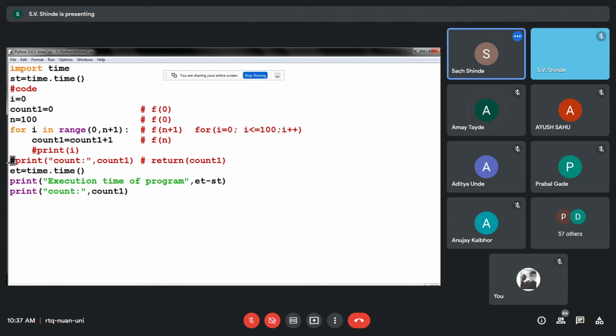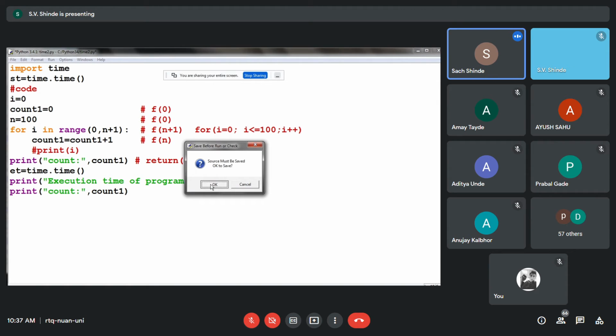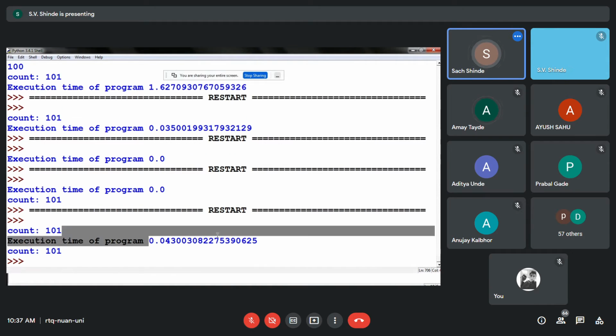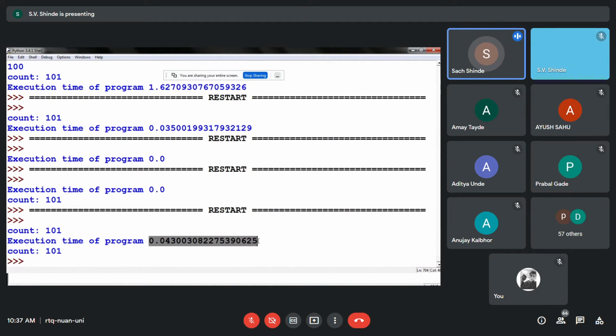If I insert the print statement again, you can see that my program takes some execution time. This is the communication time between the display device and your processor. So it takes some time for printing the data on the console.